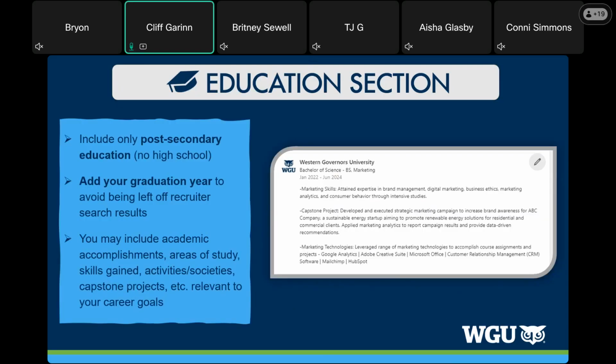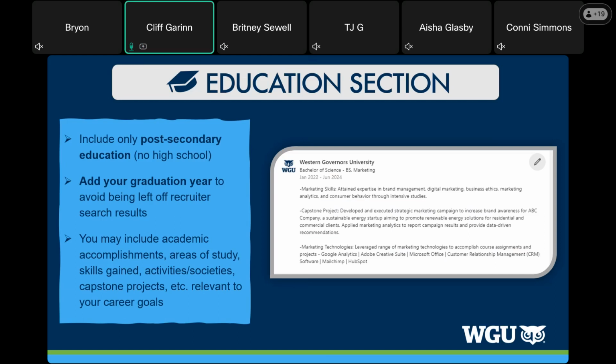So in your education section, again, very similar to your resume, what you want to include is obviously your WGU degrees that you're pursuing now. You can go into a little bit more detail if you want to give your coursework, some key courses that you're getting into. If you have worked on or are beginning to consider your capstone project, you can include that as well. And again, any new things that you have learned through projects or technologies, things of that sort.